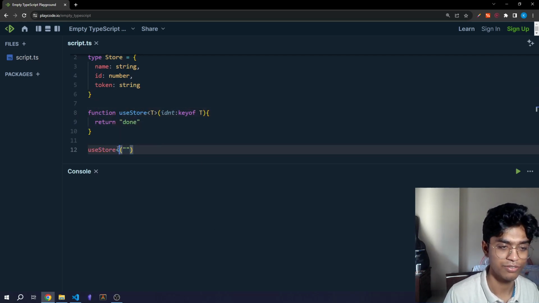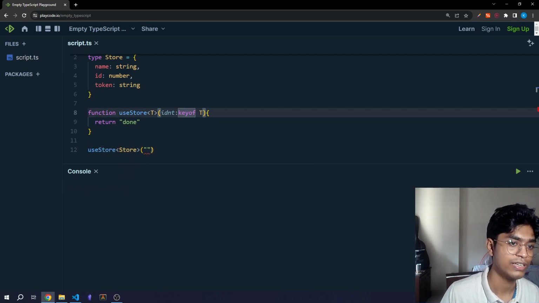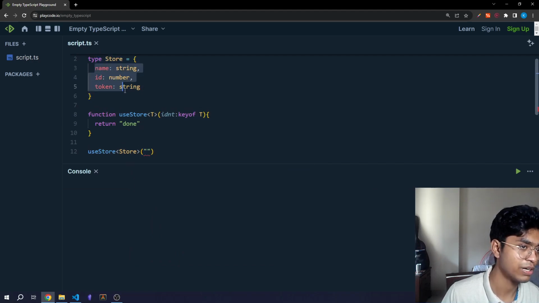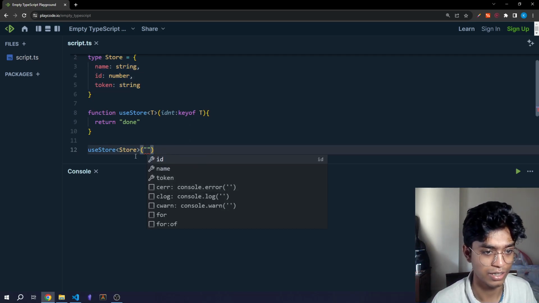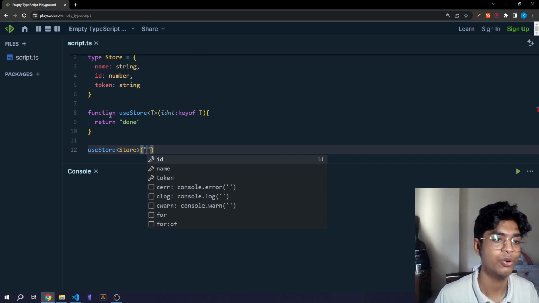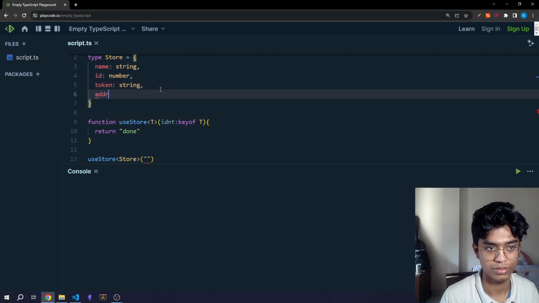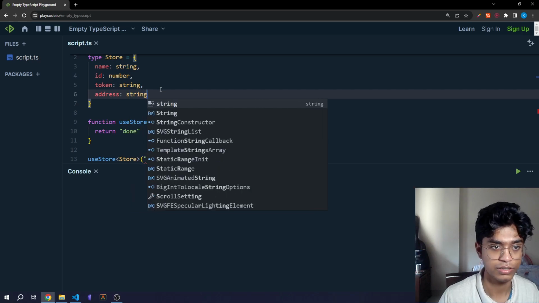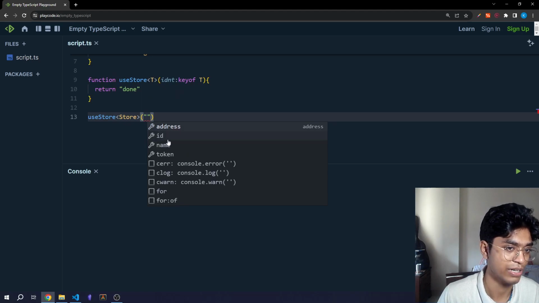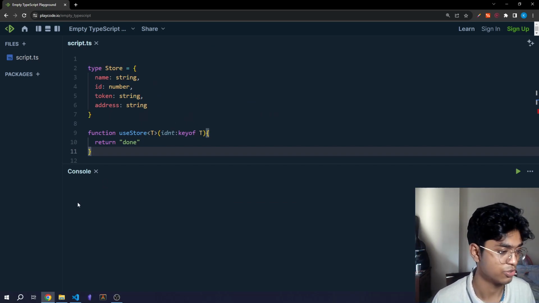So now when we give it the store type, we're telling it, alright, this input that we take over here will be each key in the particular type, which works right now: id, name, and token. So when you're using this in a React component, for example, you know that these are the only things available to me. If I say, alright, address is another one, which is a string, now I know that these things are available to me: address, name, token, everything. So that's another example. I hope you've understood it. Goodbye.